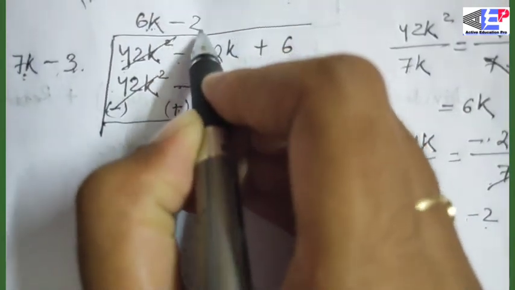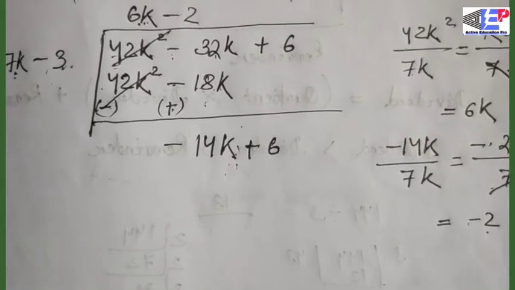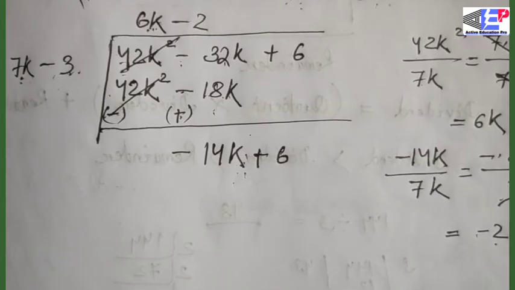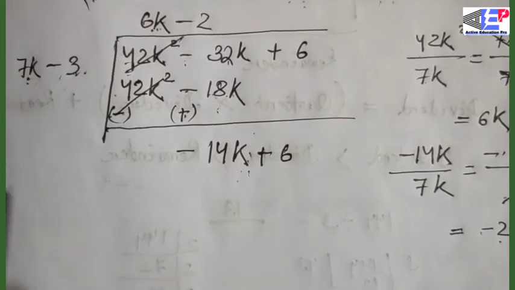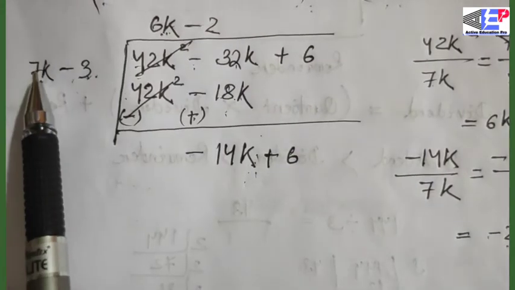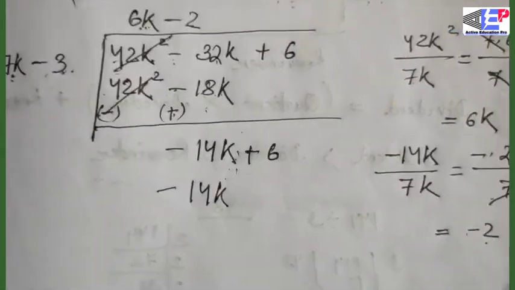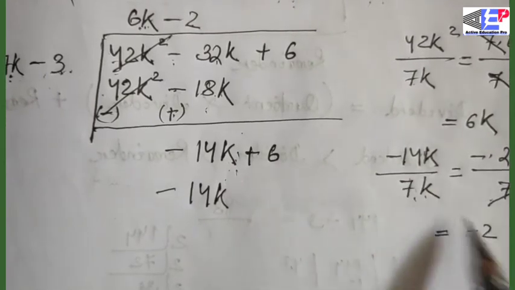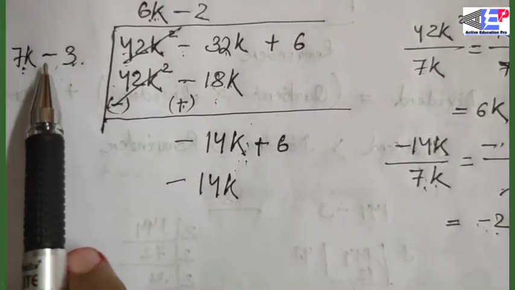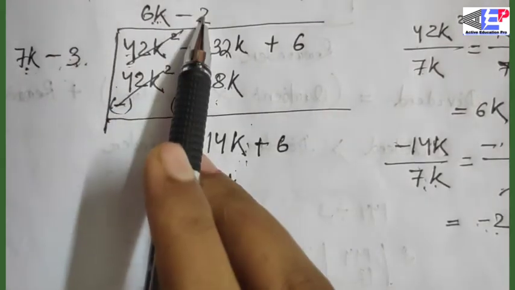Then put minus 2. At the time of division, always be careful for the sign, because one sign can change the value of your result. It will hamper your exam. Okay. 7k into minus 2, it will be what? Minus 14k. We know very well because it is your division result. When you multiply with this, minus 14k will come out. And then next term is minus 3. Here minus 2. Minus 3 into minus 2.